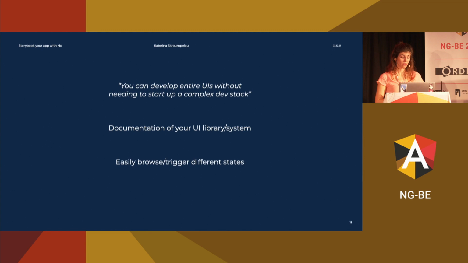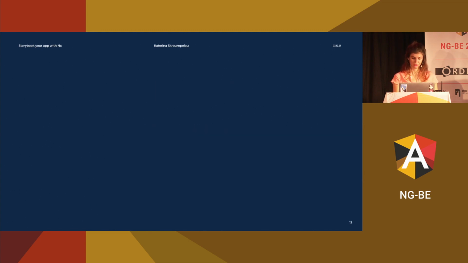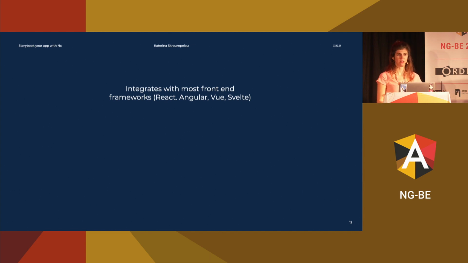Then you can, of course, easily browse and trigger different states, and we'll see this in the examples that Storybook offers on their website. The way Storybook works, as you will see, is that in an Angular component, you have your inputs, and with Storybook, you can draft out stories changing the inputs. Also, it integrates with most front-end frameworks, with React, with Angular, with Vue, and Svelte, and I think with more,